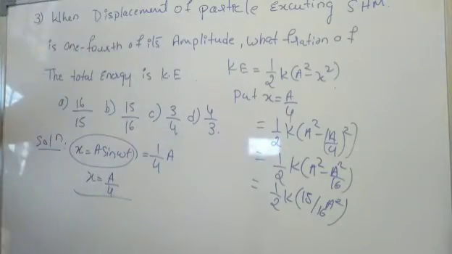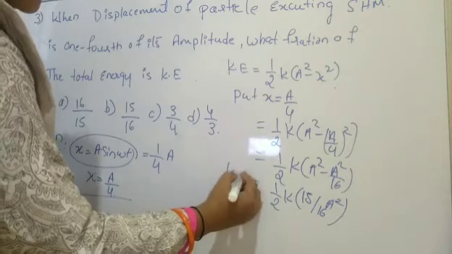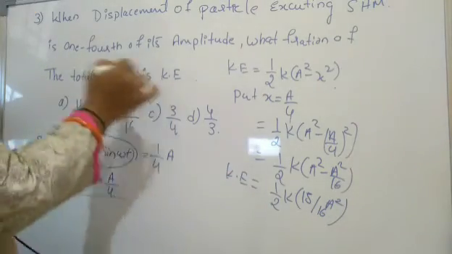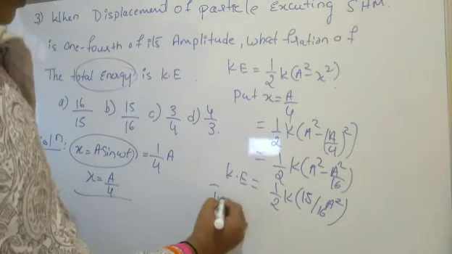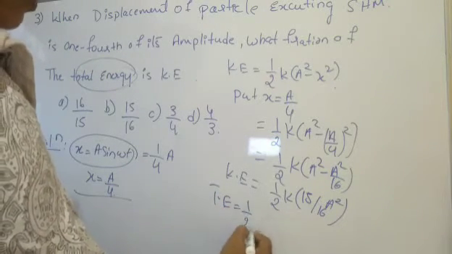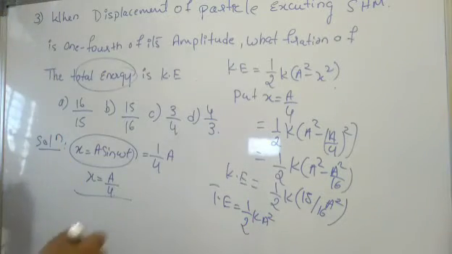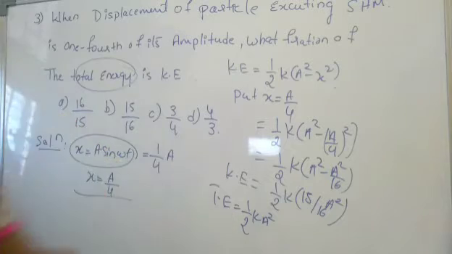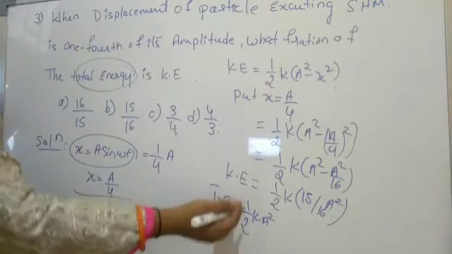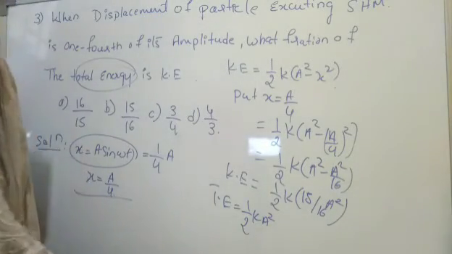Right, so this part we got it, that is of kinetic energy. So we need to find out the total energy here. The total energy of a particle is 1 by 2 K A square. This you should remember. For every problem, if you go for adding potential energy and kinetic energy, it's a waste of time. So better you keep it in mind what the general or final form of the total energy experienced by the particle is, that is 1 by 2 K A square.